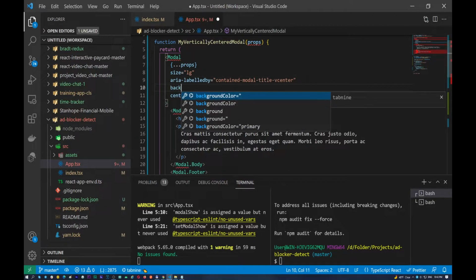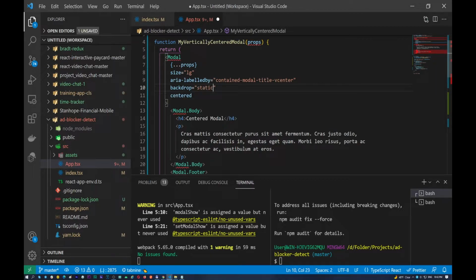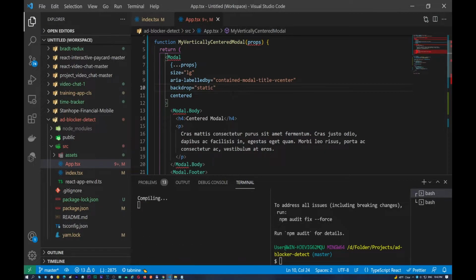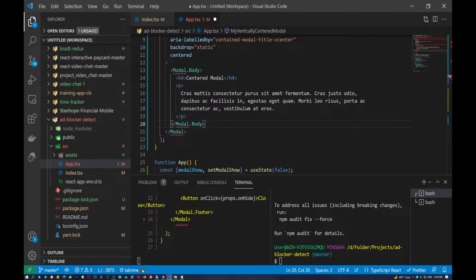backdrop equal to static. So backdrop is equal to static. What does it mean? It means that we can't close our modal by clicking outside. So only the modal footer, and of course